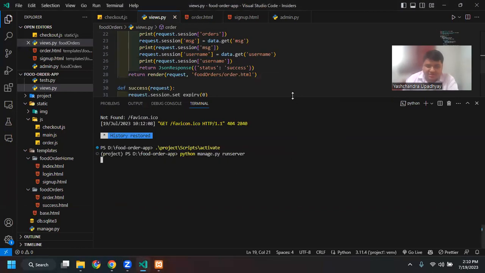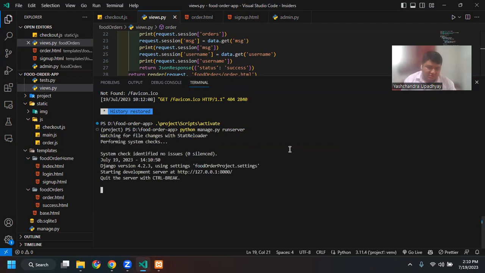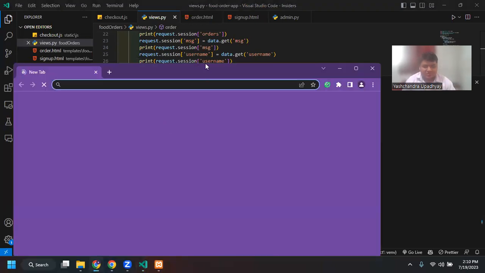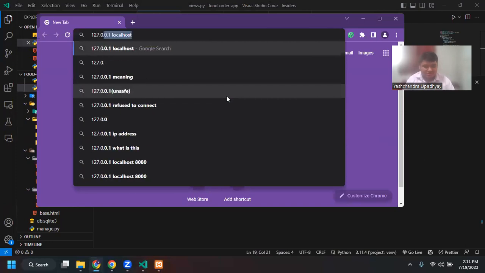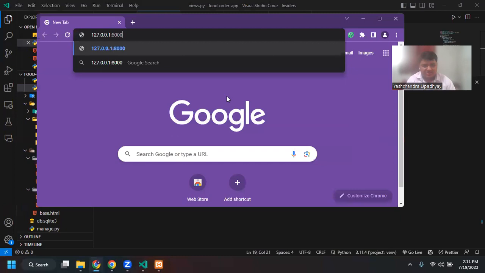python manage.py runserver. Okay, and it is running on 127.0.0.1, and the port is